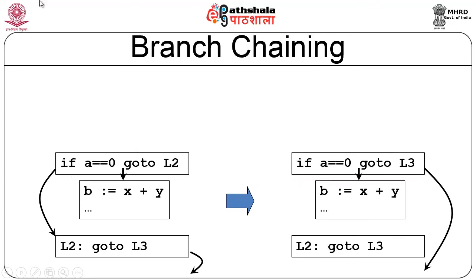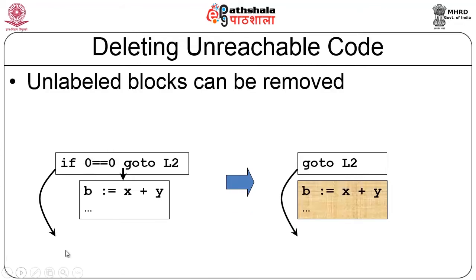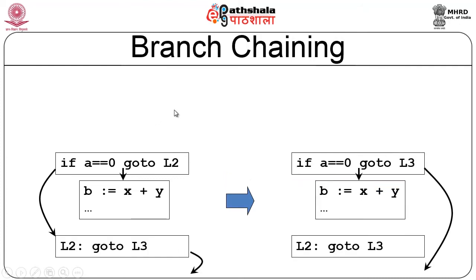The next thing is called branch chaining. This is also going to be optimization based on flow of control. Because we said peephole optimization, the first one is redundant instruction elimination, eliminating redundant loads and stores. Second one is flow of control optimization, where one flow, which is what we have already talked about, is deleting unreachable code. The second flow of control optimization is this branch chaining.